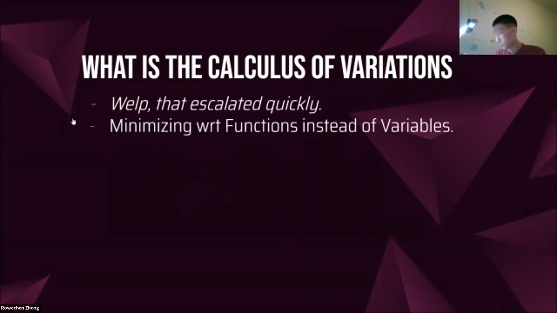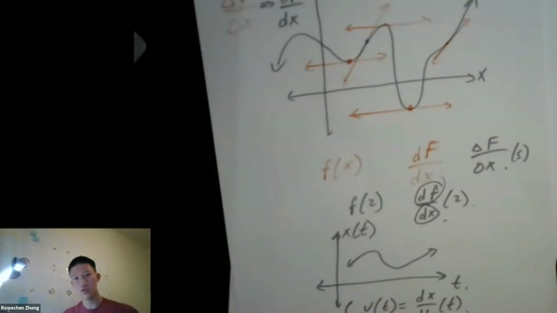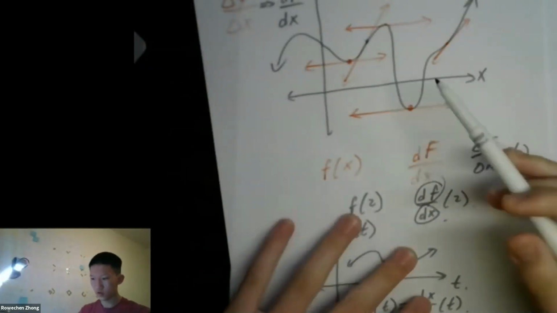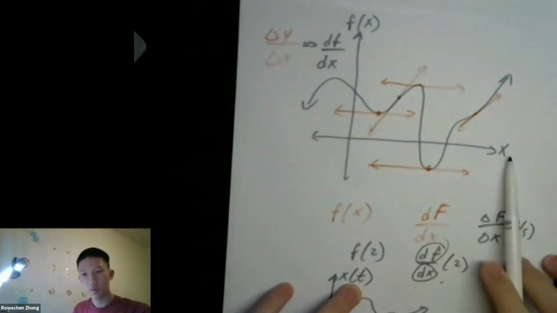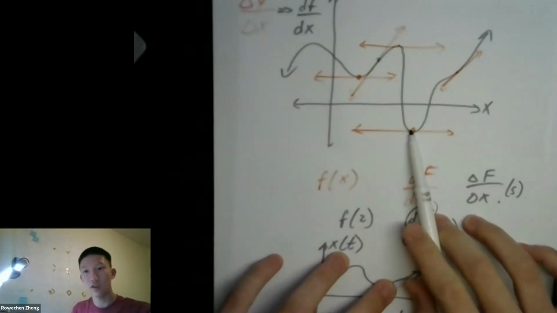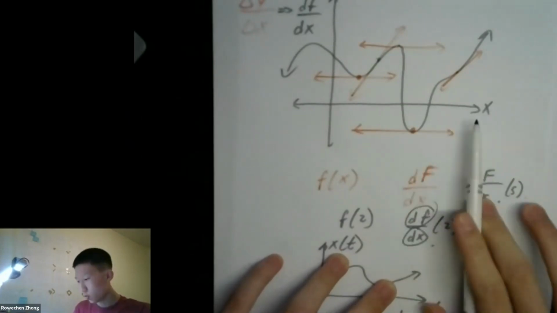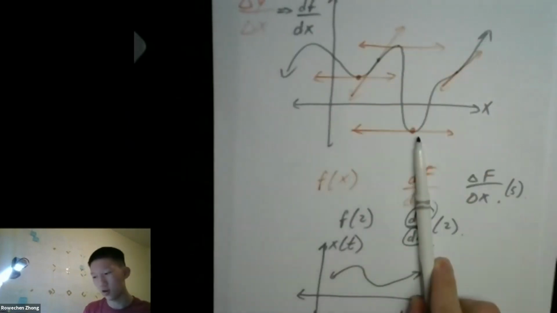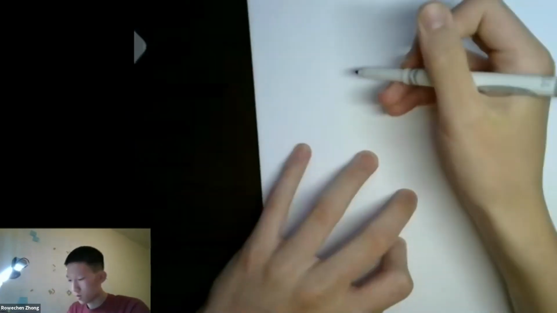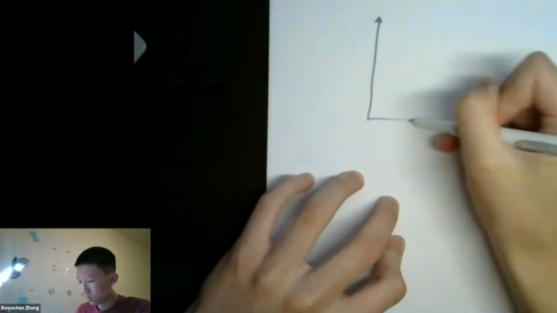So, for here, remember how we said we could minimize a function? Use f of x. Here's x, right? And we're trying to minimize the value of f of x with respect to x. We can change where x is. But here, what our question asked us was, we got 2 points.